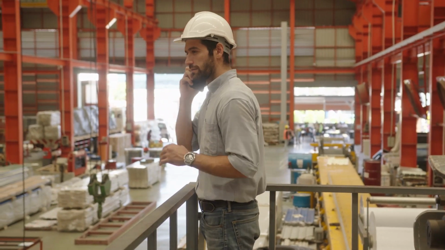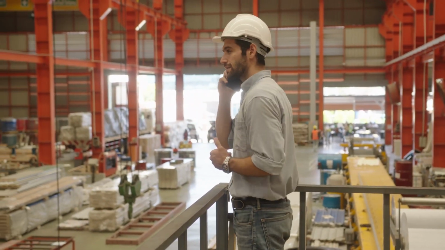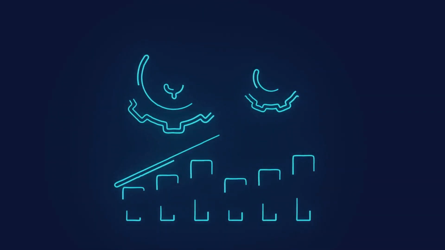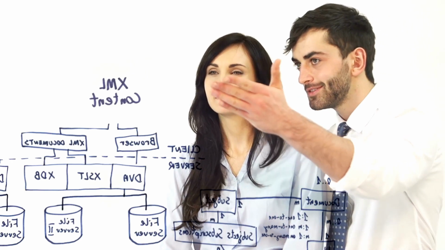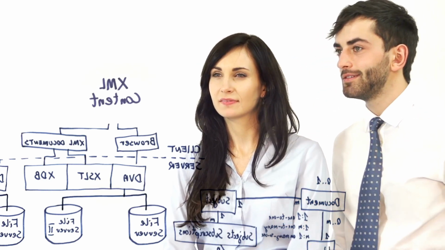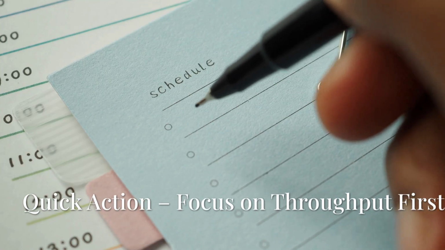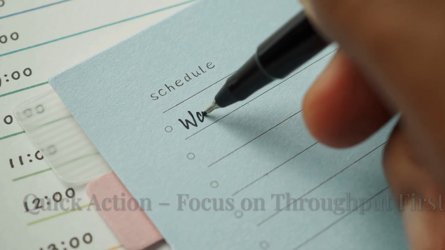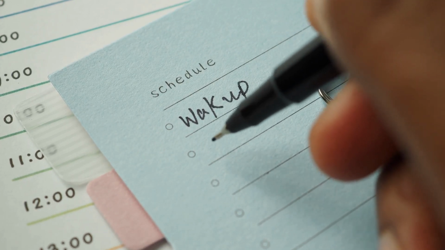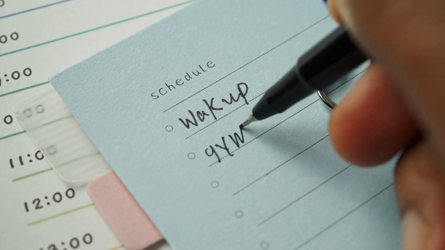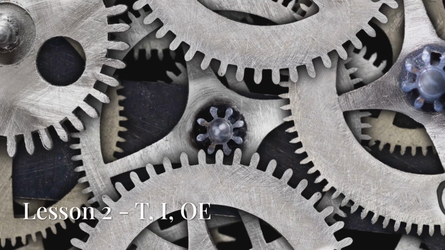Alex learns that a business's true goal isn't maximum efficiency. It's making money now and in the future. Translation: you want to prioritize throughput, which means sales you actually ship, while controlling inventory and operating expense. Write today's to-do list, then circle only tasks that increase sales throughput or directly cut inventory or expense. Start there.